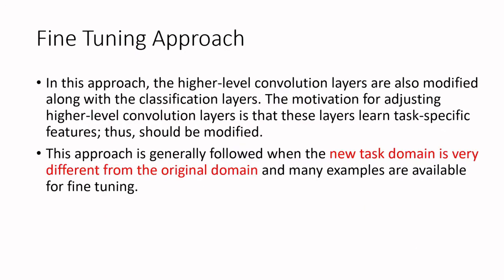The fine-tuning approach is the other approach. In this approach, what you do is you take a trained network and generally you remove the last layer where, for example, if you are working with, let's say, AlexNet, the last layer will have 1,000 neurons because that network was trained for 1,000 classes. Suppose you have a problem where the number of classes is only 100. So what you will do is you will replace those 1,000 neurons with a layer of 100 neurons,